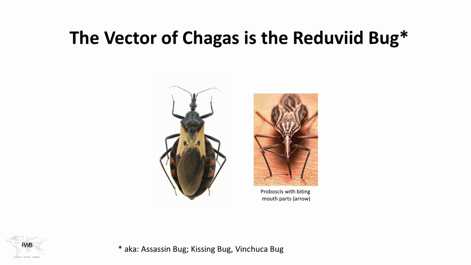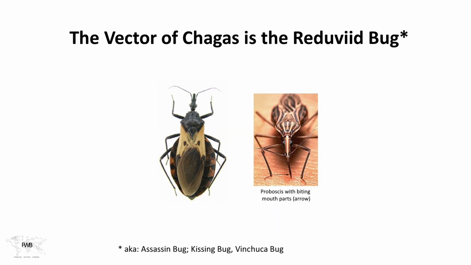As long as the bug feeds on this host, there's no pain whatsoever. So you might consider volunteering for this photograph if they asked you to do it. But knowing what it does gives one pause, nonetheless. So the assassin bug, kissing bug, vinchuca bug, as it's known in Central and South America, is the one which,